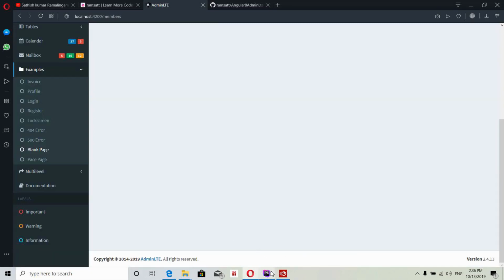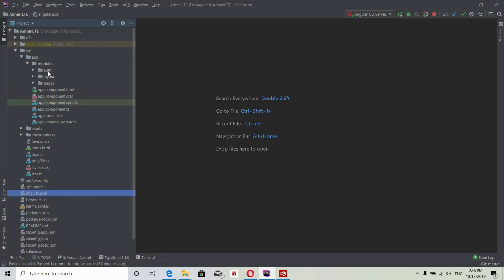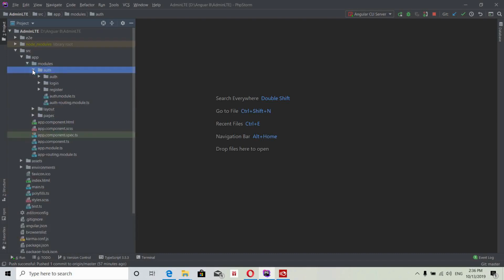In my code, how do I handle this? I have 3 modules separately. The first one is the authentication module, which holds my login and register pages and their routings. This one is my layout module, which has my header, footer, settings, and side navigation functionalities.